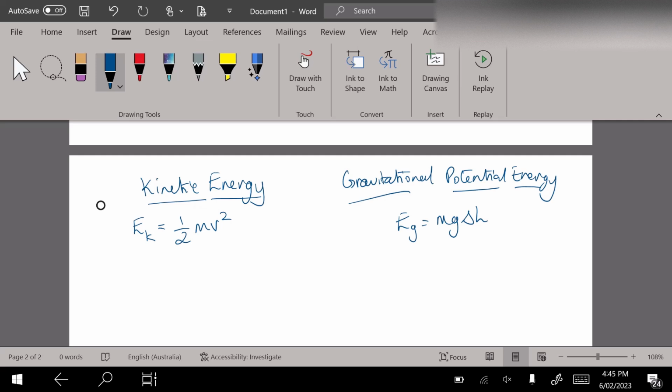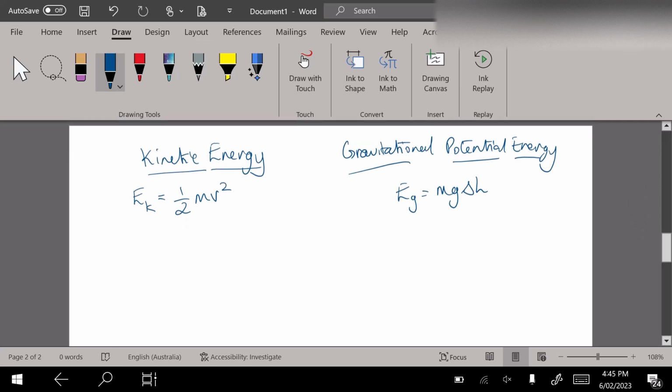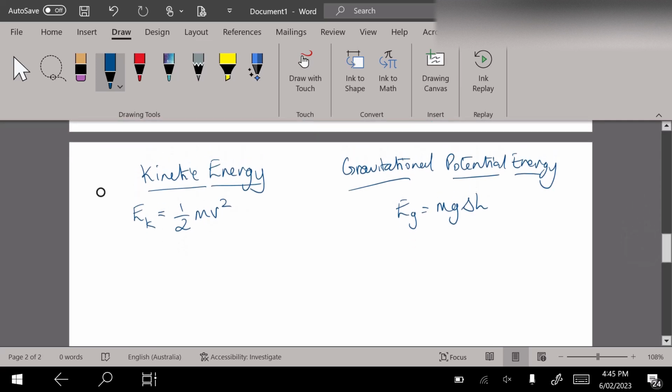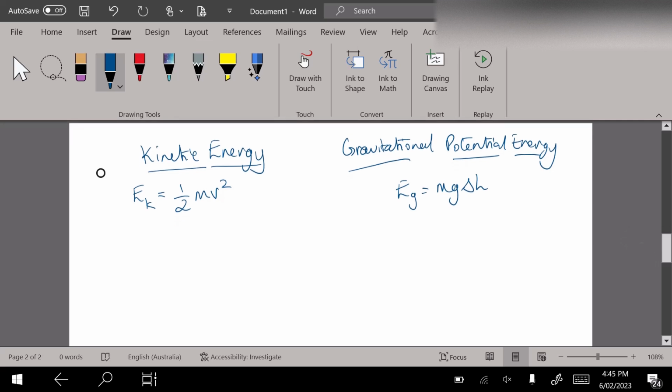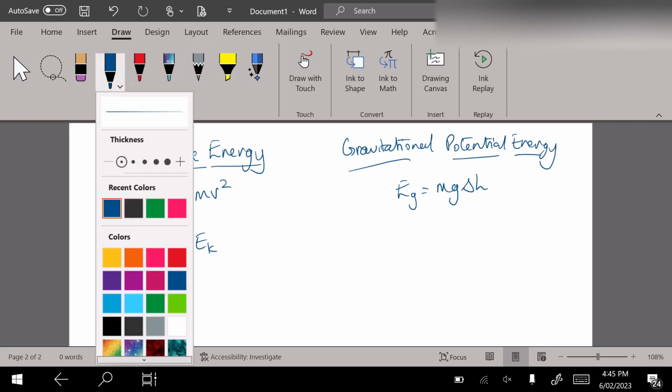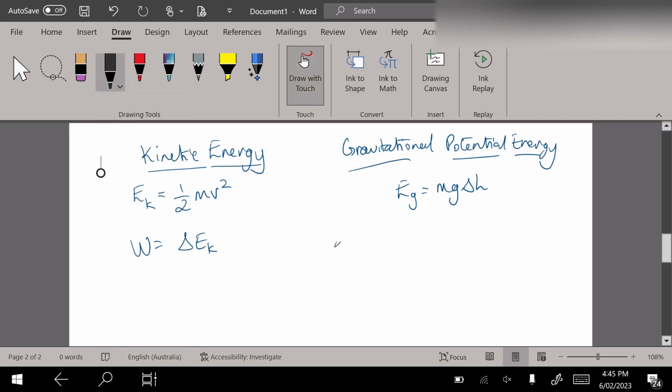Now, coincidentally, and this is another formula you should write down, the work done equals your change in kinetic energy. Now, I can derive it for you and prove it for you, maybe in a future class, actually. Maybe not for today's class. I'll do it in a future class. But to explain why this kind of makes sense, why the work done equals the change in kinetic energy,